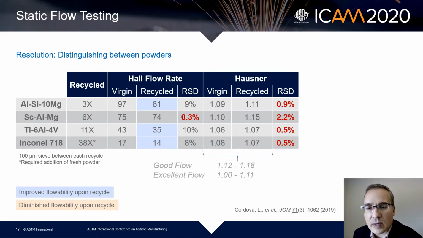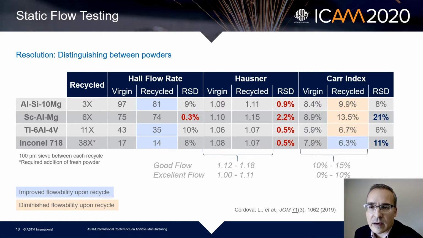Hausner ratio wasn't nearly as good. In most cases, categorized as what they would call excellent flow, with the exception of the aluminum silicon magnesium alloy that had slightly higher Hausner ratio, but you see those deviations are all very small, so it's hard to distinguish between those virgin and recycled powders with Hausner. And Carr index in this case, or compressibility index, is actually a little bit better. You see in a couple of the powders, we got better resolution,